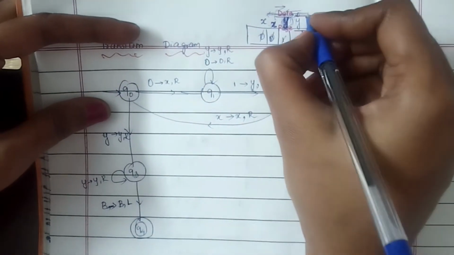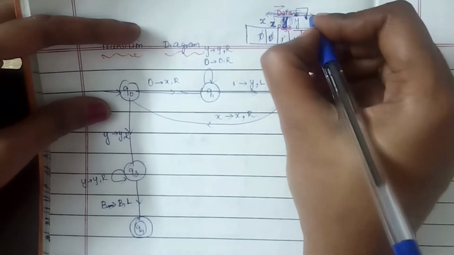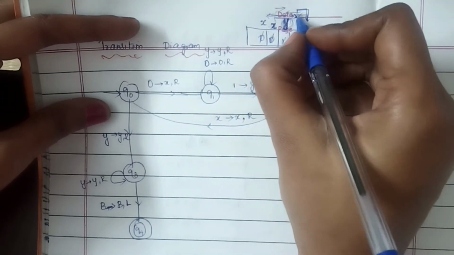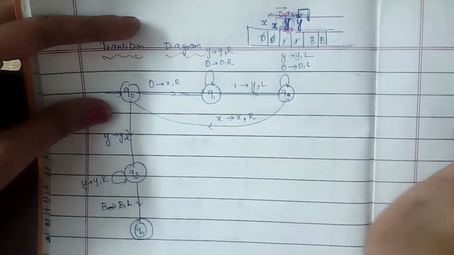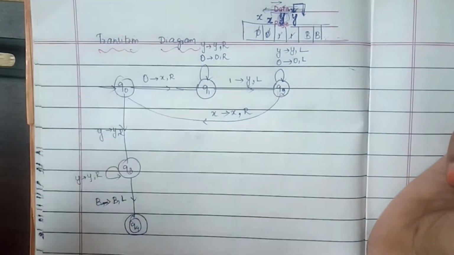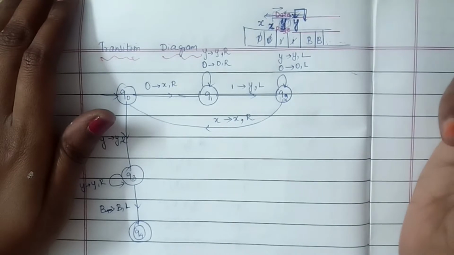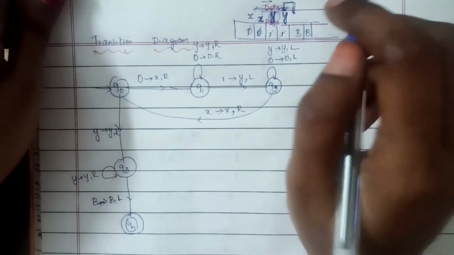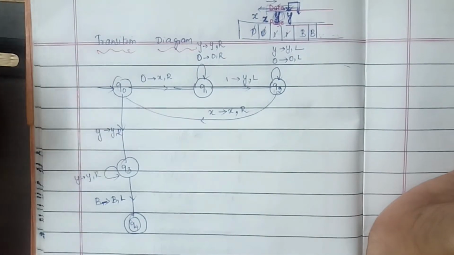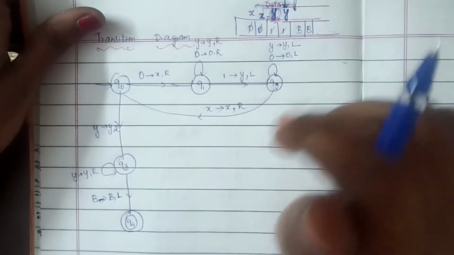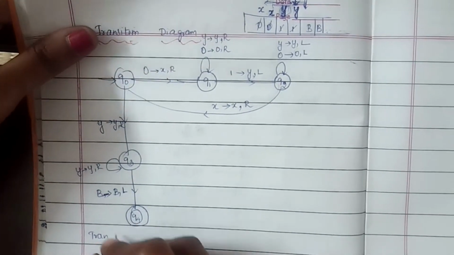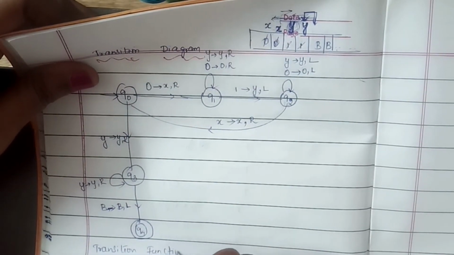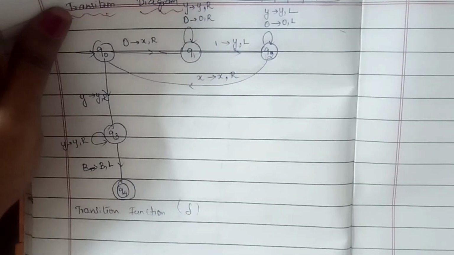So when you see this blank, go for the left one, which is the end of the string. So X X Y Y, you have the tape symbols, the tape head on the particular end of the input string, right? Okay, so this is the way it has to be done. So this is the transition diagram. For this I have to write the transition function, which is delta.